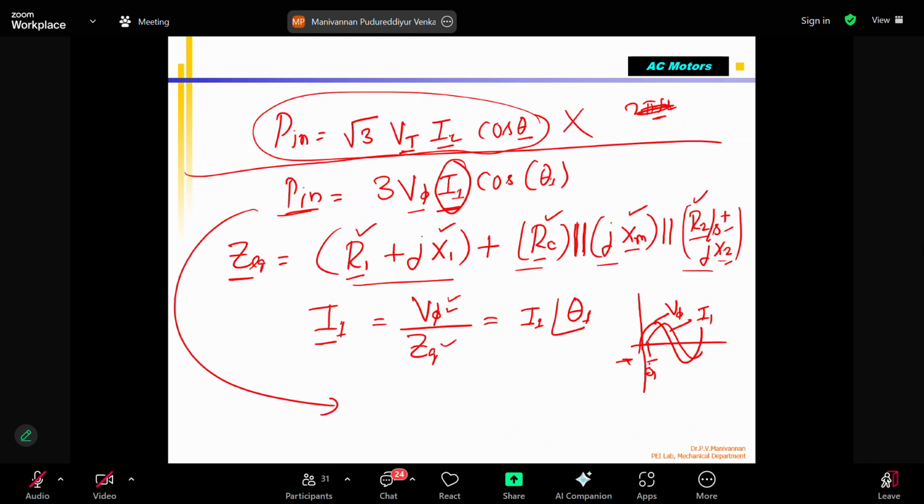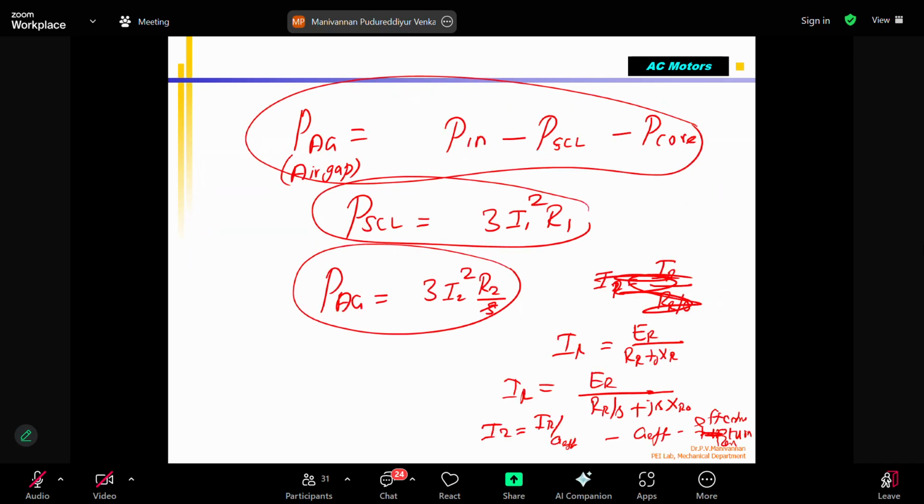If you remember, yesterday or the previous day, we talked about the equation you can see here. The rotor current, that means induced voltage. ER is called the induced rotor voltage, that is given. Rotor resistance is given. Rotor reactance is given. Then from this, you can always compute IR. Once IR is known, you can compute I2, the effective rotor current, with reference to this one, using this IR,